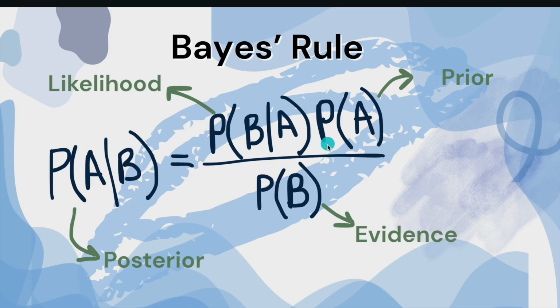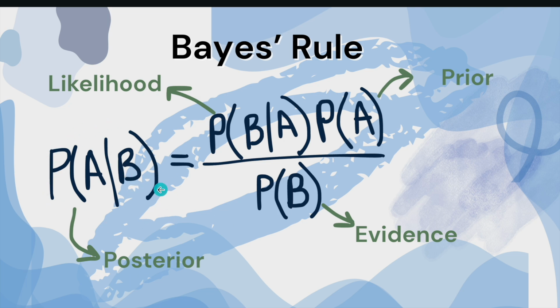So in Bayes' rule, we start with a prior, the probability of event A. It was the probability of a box being picked before we even knew that the ball was blue in color. So this probability is called the prior. It is a belief that we had before we saw the evidence. And then using Bayes' rule, we are trying to update this prior to calculate a posterior probability, which is an updated belief after we have seen the evidence. So the probability of event A, given that we have already seen the evidence B. So this is called the posterior probability.